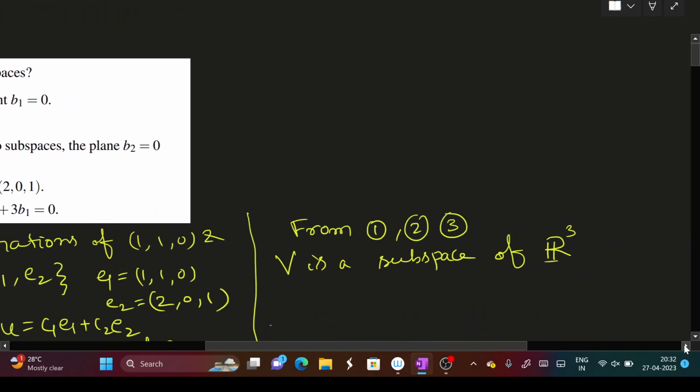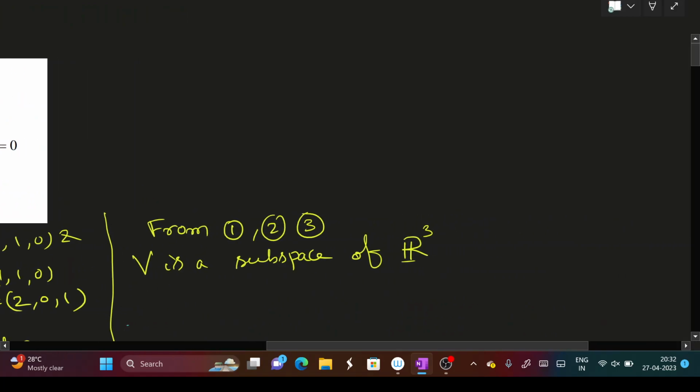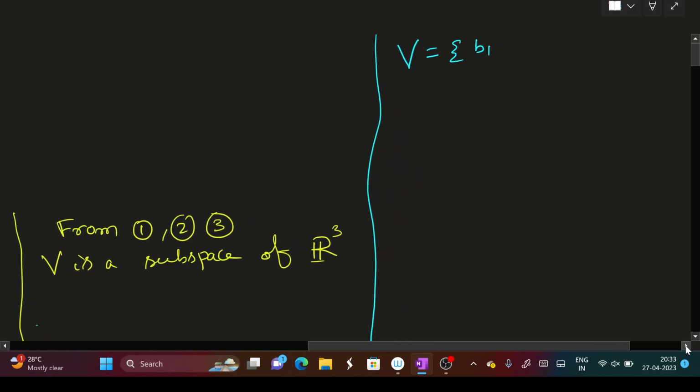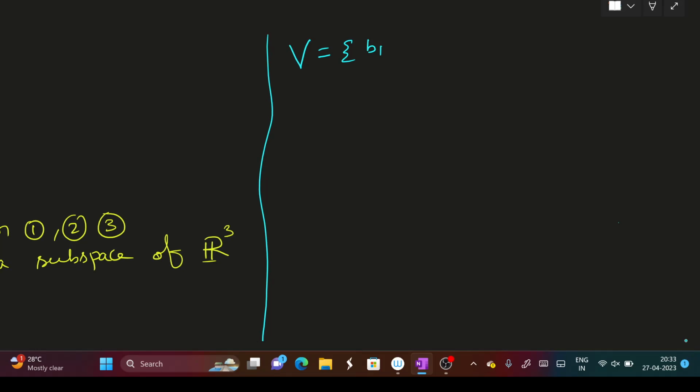Whenever a linear combination of components of a vector is equated to 0, it will always give us a vector space. Okay, now we'll do the problem. So what is our V? V is equal to B1, B2, B3 belonging to R cube such that